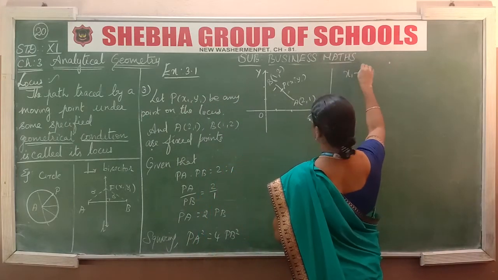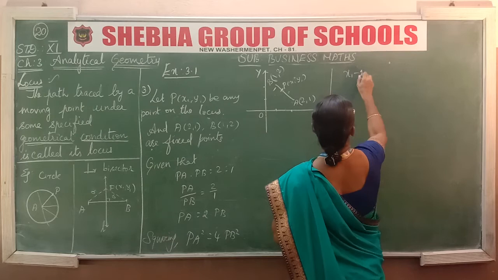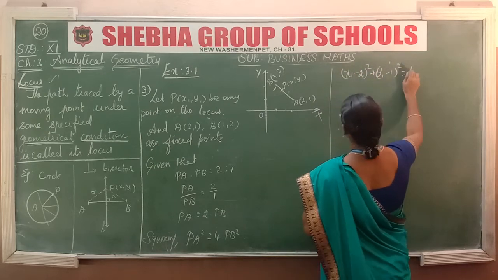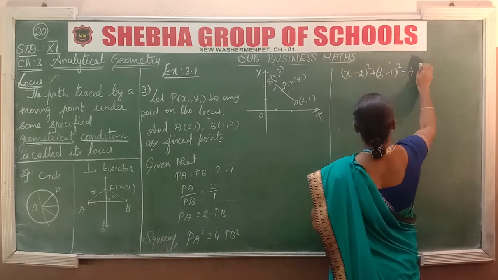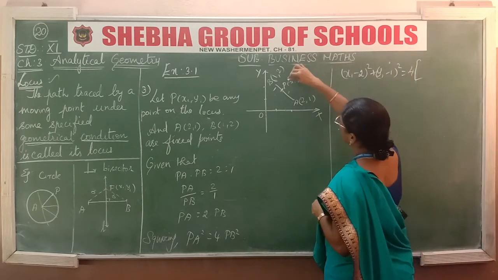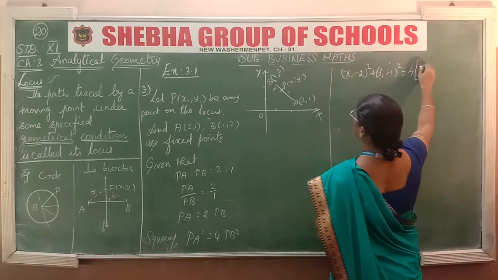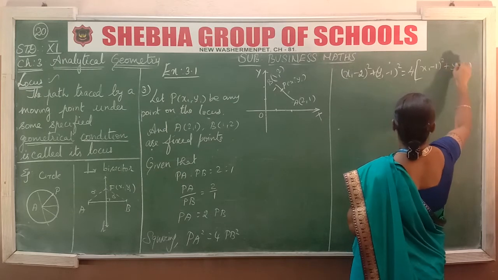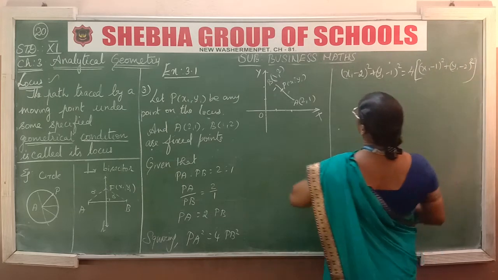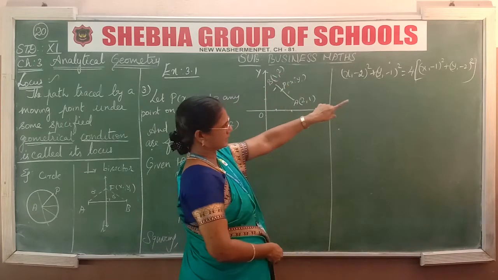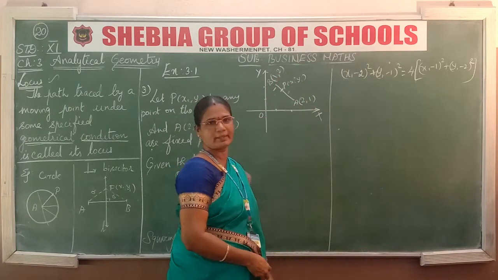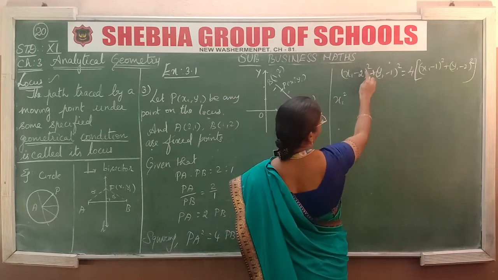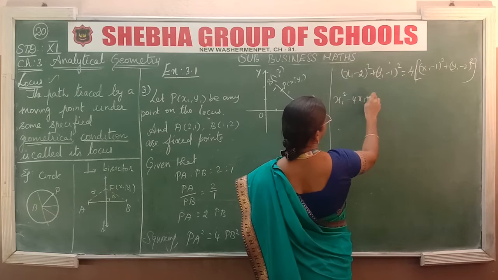So (x1 − 2)² + (y1 − 1)² = 4 × PB², where PB is the distance between (x1, y1) and (1, 2), which is (x1 − 1)² + (y1 − 2)². Now expanding, we get x1² (next 2ab, 2 twos are 4) − 4x1 + 4, and here